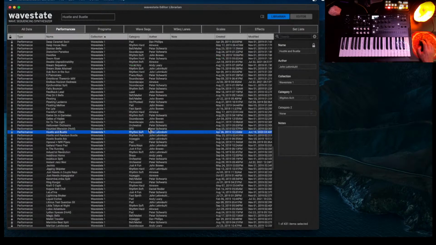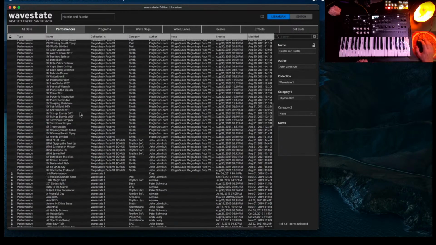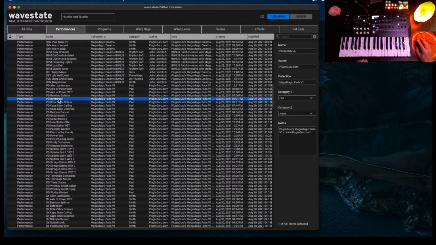So I decided to support it with 2 of my libraries. So at the top of the list here, you see Mega Magic Pads is here. I can choose this and